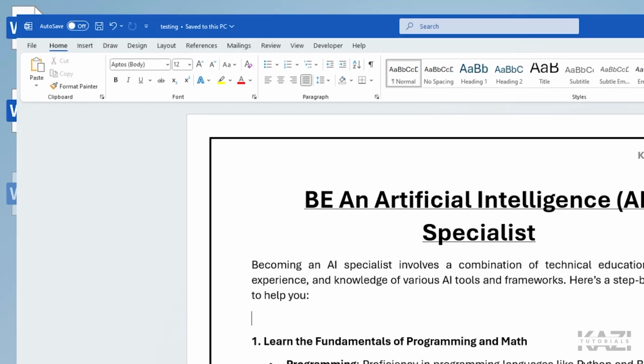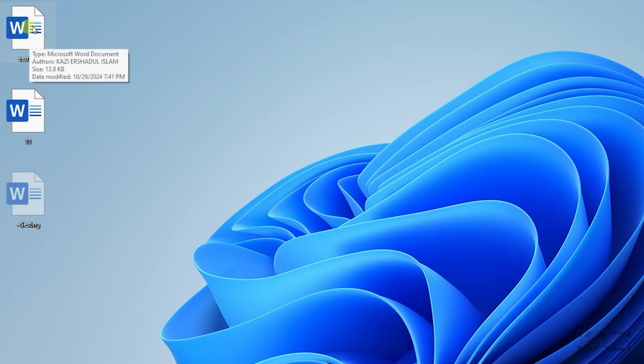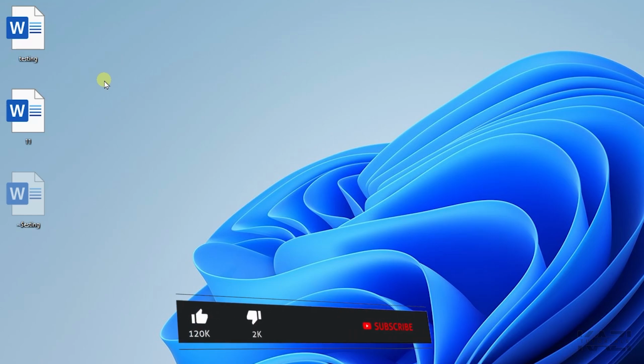So if you go back to the desktop, as you can see, we got the file right over here on the desktop. So that's how you can save a document to your